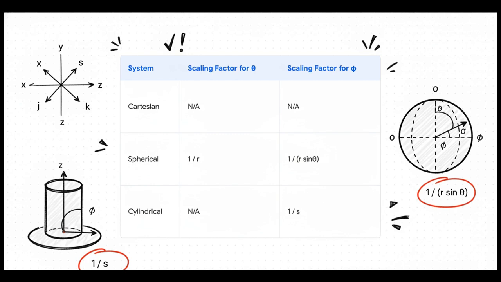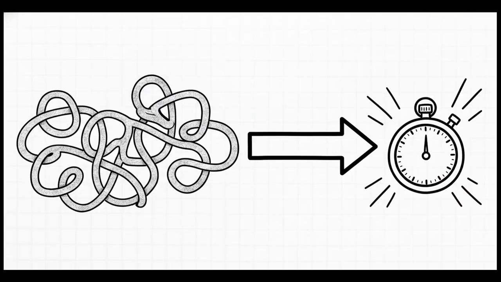But you've got to pay close attention to the non-Cartesian systems. For spherical polar, you have scaling factors sitting in the denominators. There's an r under the theta derivative and an r sine theta under the phi derivative. And for cylindrical, you have an s scaling factor under the phi derivative. When you're scribbling these out during an exam, please do not forget those denominators or your vector direction is going to be completely off.